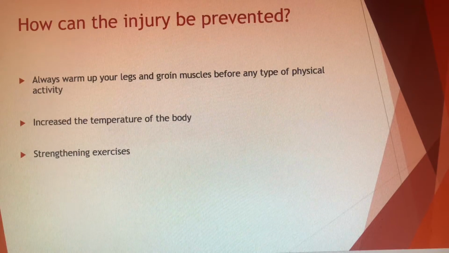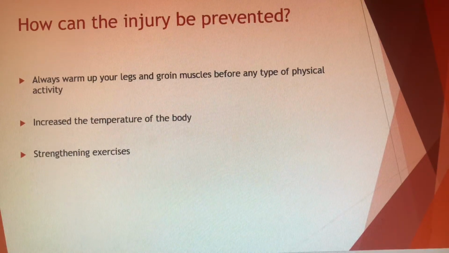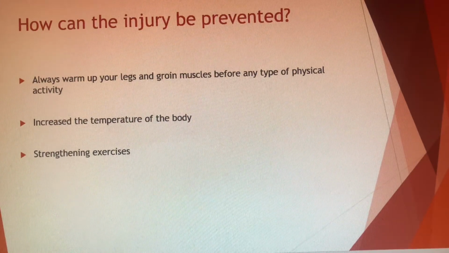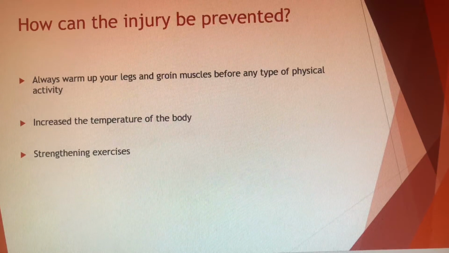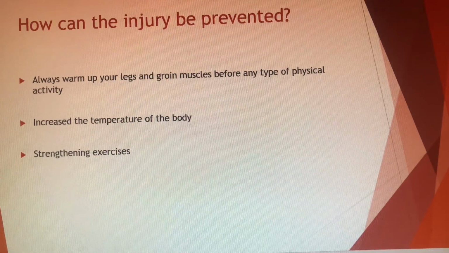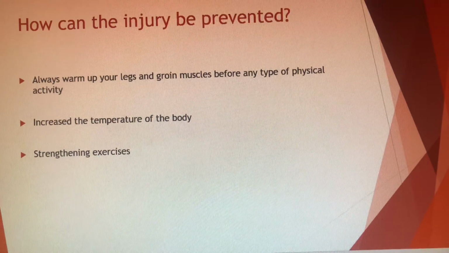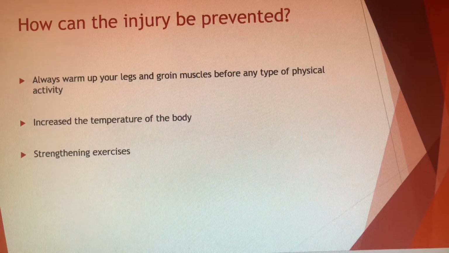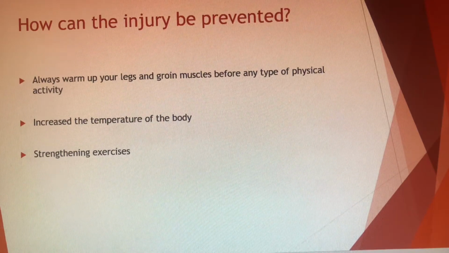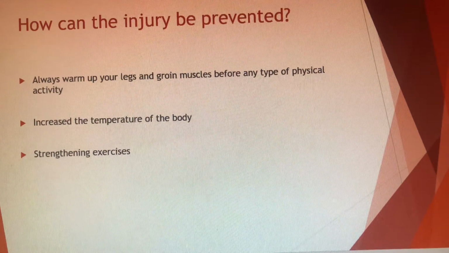Increasing the body temperature helps dilate blood vessels and helps blood flow, ensuring the muscles are at their optimum level for usage. Strengthening exercises also help prevent groin strain as it allows for the muscle to essentially become stronger and decrease the likelihood of a strain. Lastly, if a pain or tightness is felt within the groin or inside of the thigh, stop exercising or competing